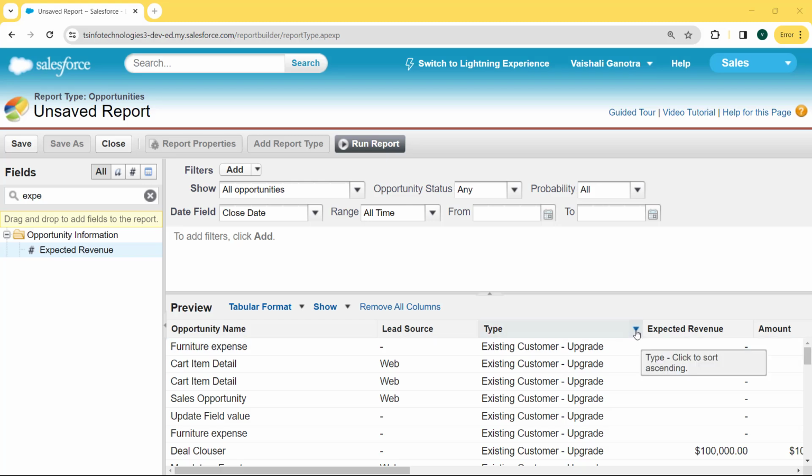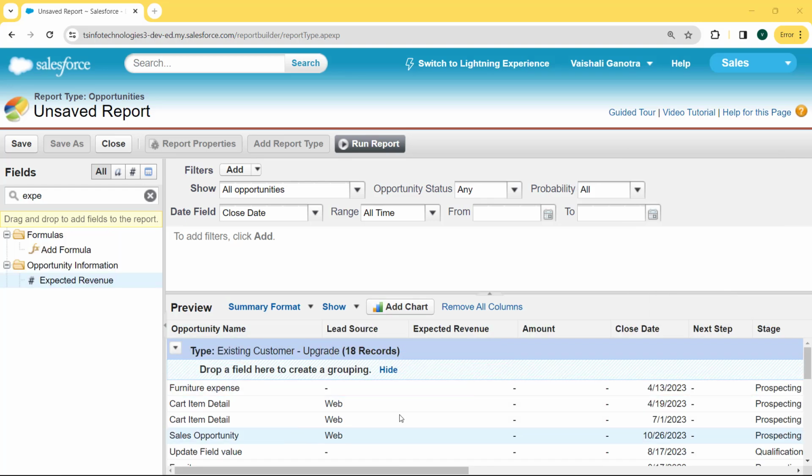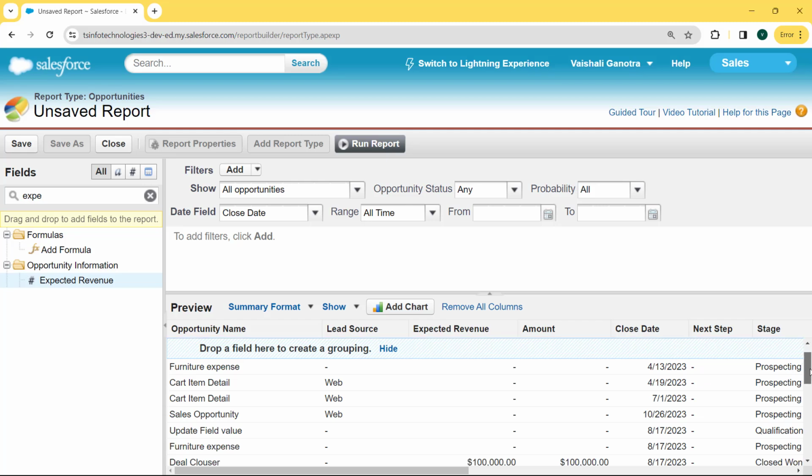drop down arrow. Here is the drop down arrow of the type, and our drop down list is open. Under this list, we can see that there is a group by this field option present. So click on this option, and here you can see that our type field is grouped by and shown under